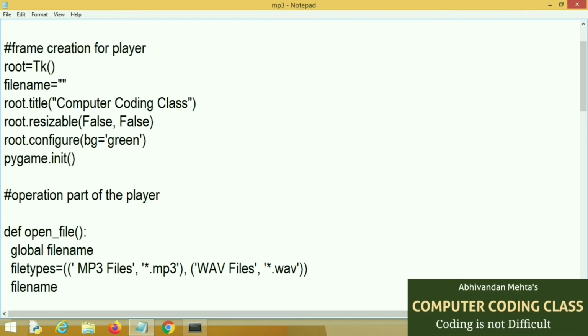Next we will ask open file box, fd.askopenfilename, title equal to open files. Here we are setting the initial directory to our source programs directory.